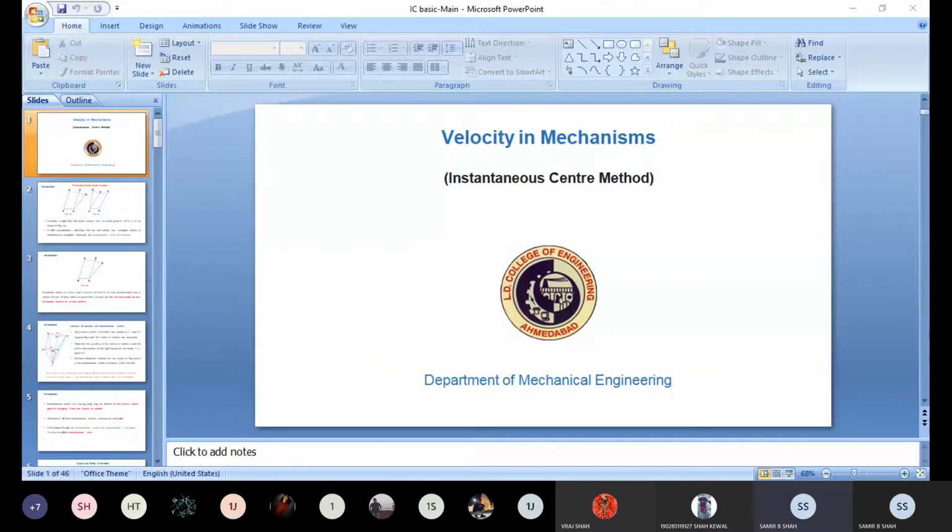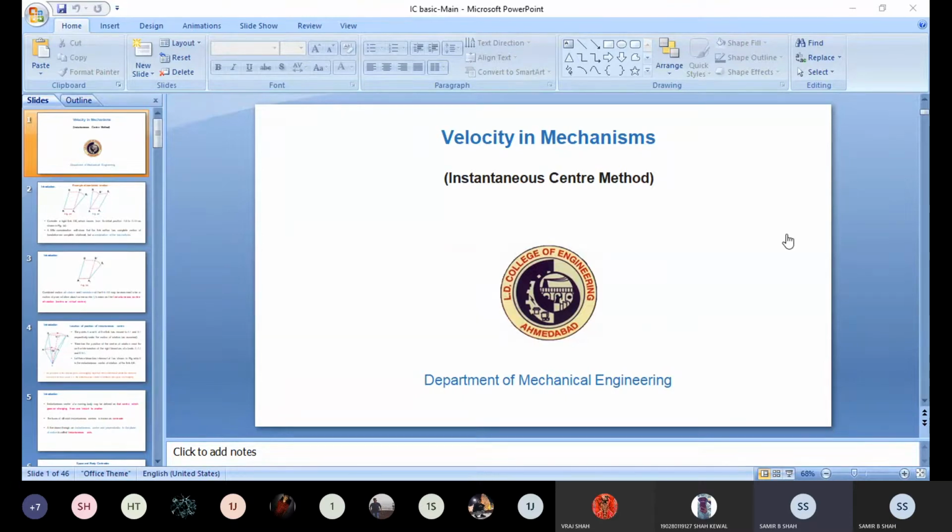in the previous lecture we discussed how to solve the example with the velocity diagram using the graphical method. It is known as a graphical method where relative motion is used, and with the help of relative motion we complete the velocity diagram, and in the same way we finish the acceleration diagram also. For the velocity diagram we have to take the perpendicular line, and we have the simple equation v is equal to r omega.